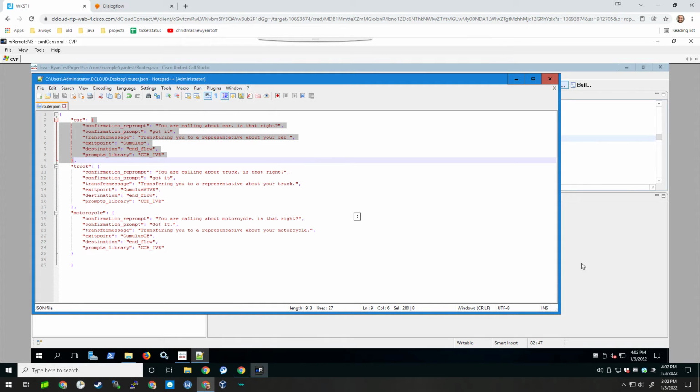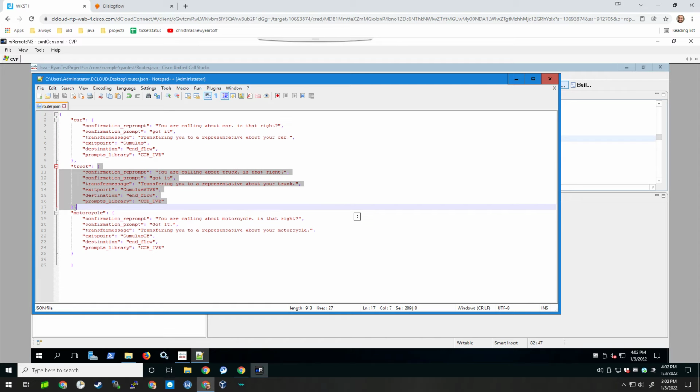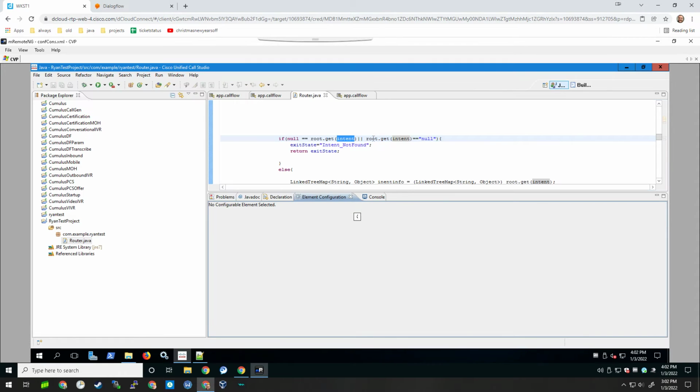If it's root get truck, it's going to return that, right? So root get car or root get the intent is not null. If the root get intent is not null, so like let's say you say null, it wouldn't get to this point because I'm checking for those 3 values. But in other situations where you're not checking for those 3 values, you might have hundreds of departments, and they're managing that